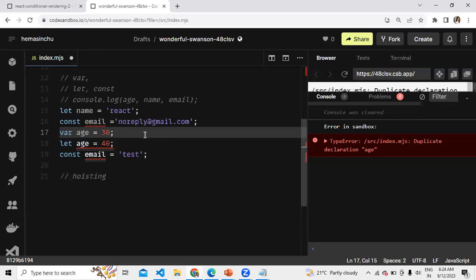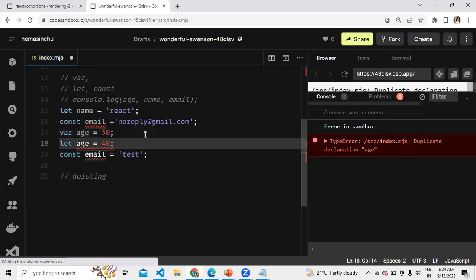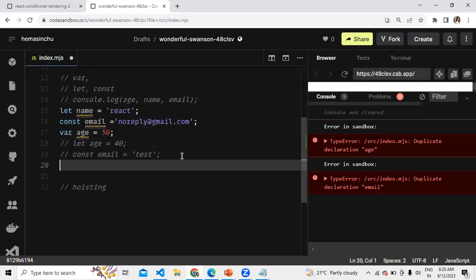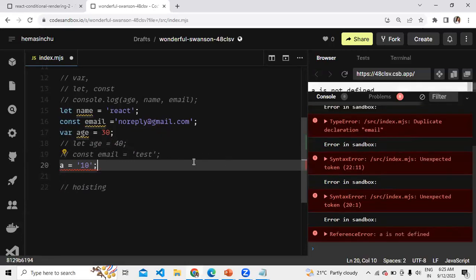For example, another issue with var, which was ignored or not considered an error: we had a syntax where I can define a variable without giving any keyword. Let's say a is equal to 10. This was not considered an error in the older version of JavaScript.